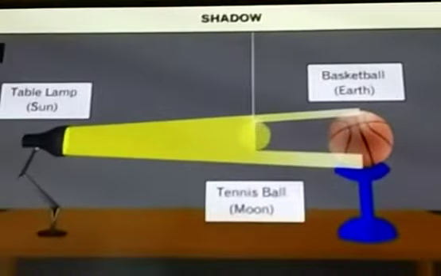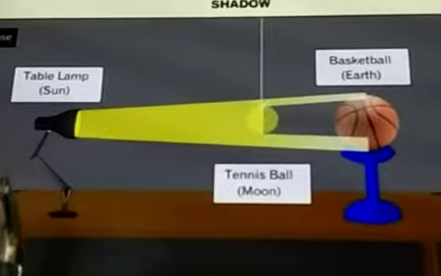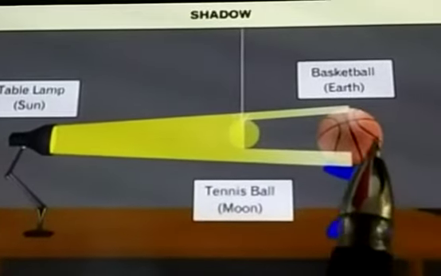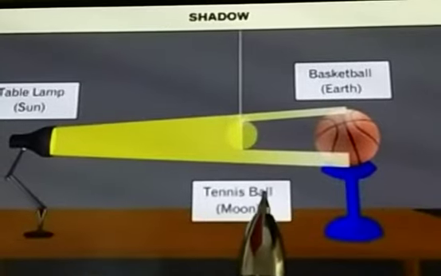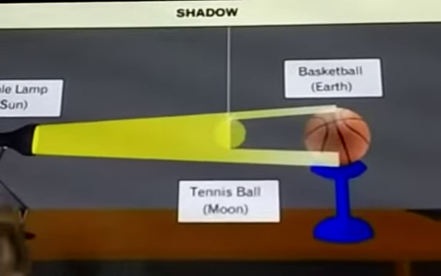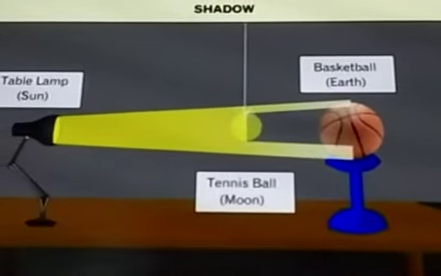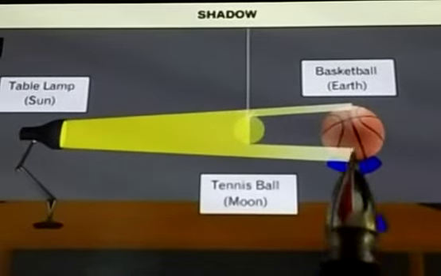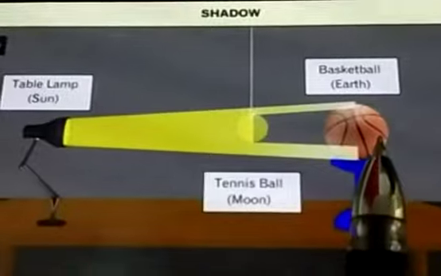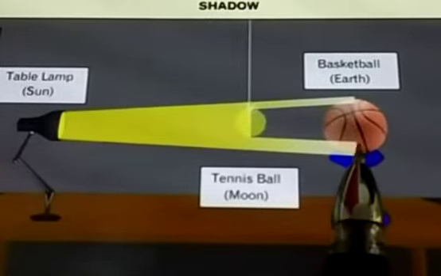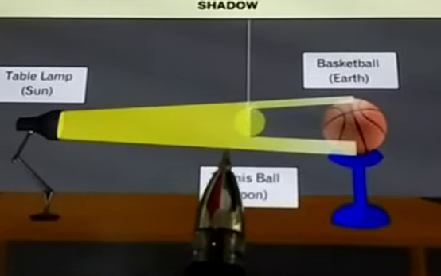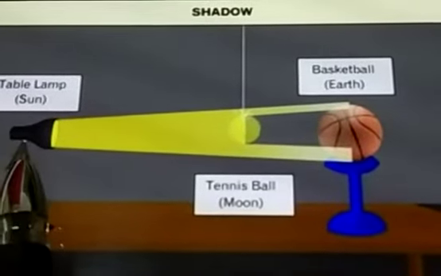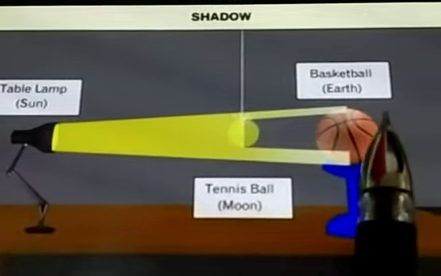Now here, I have placed one lamp, then I have kept one ball here, this is the throw ball, and this is our tennis ball. This also you can do at home and see. Place a lamp, place a football. I have kept a bigger one, a football or a throw ball or basketball, whichever is bigger, and this is a small tennis ball. Think that this is our sun, this is the moon, and this is the earth.